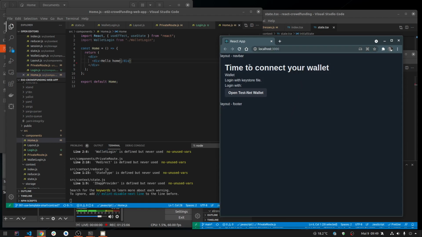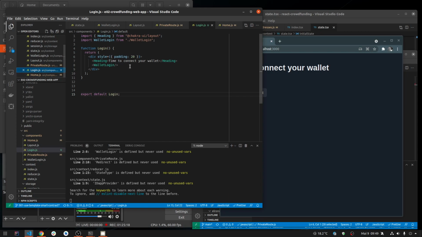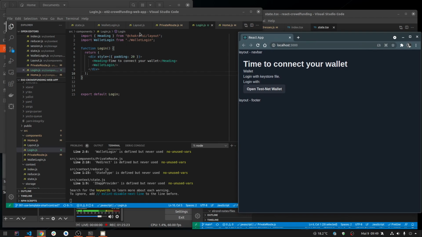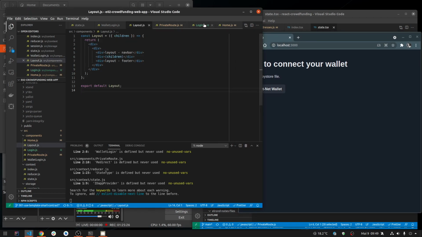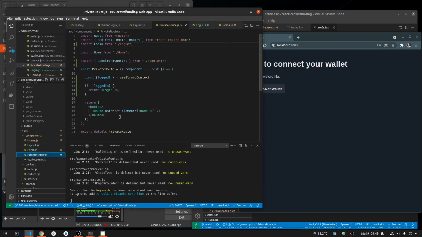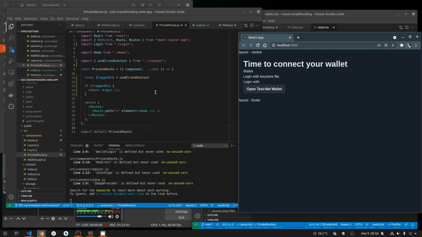Alright, time to connect to a wallet. From where is this one? Is this from login? Yes. Oh, it works already. Okay. I need to private route. This is what I did, and then in case it is logged in, you go to home. Well, yeah, I have everything. So